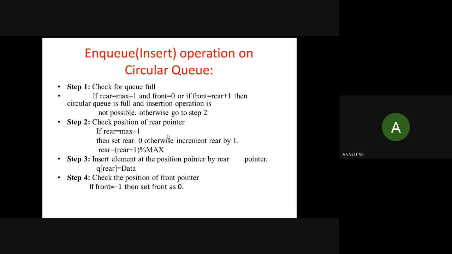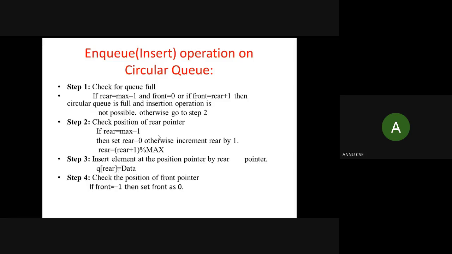Here is the important algorithm. You need to understand this algorithm very carefully because it is an important topic and it can be asked in the university exam. So for the insertion operation on a circular queue, because we have already discussed it, I'll be reading all these steps one by one, and you can ask for any doubt.